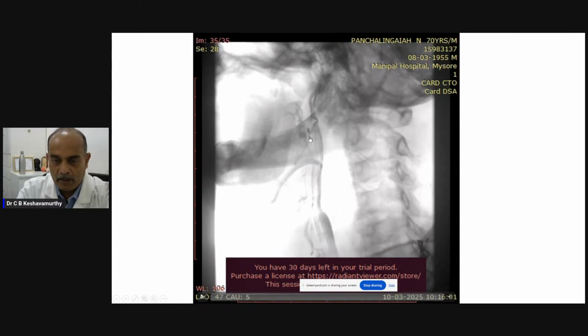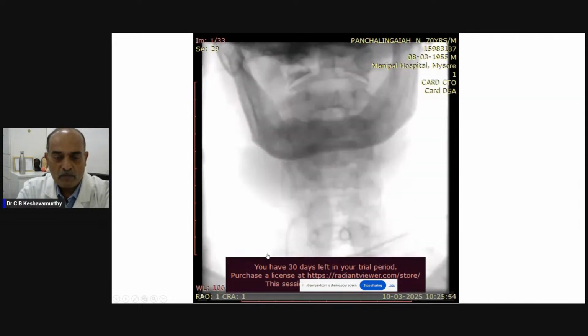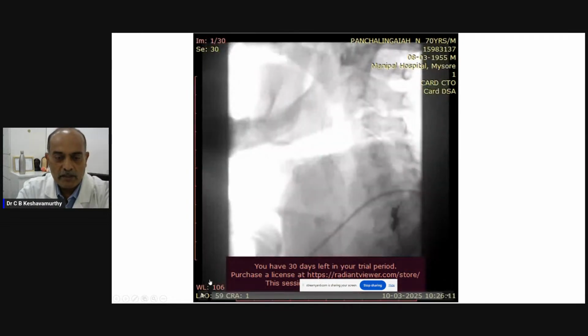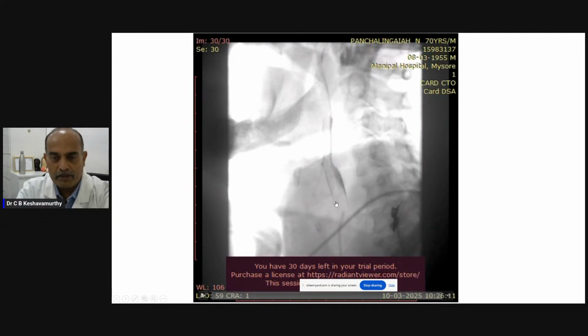So we passed the same Neuromax catheter which we had used for the procedure into the internal carotid artery right up to this portion, and then aspirated the whole segment. With that clot aspiration, almost 4 pieces of large clots came out through the aspiration, and after aspiration there was a significant improvement in flow, and you can see that the radio density has come down quite significantly distal to the stent. Now there is a reasonable flow, except there you can see some thrombus at the edge of the stent. And luckily, the patient had a significant clinical improvement.